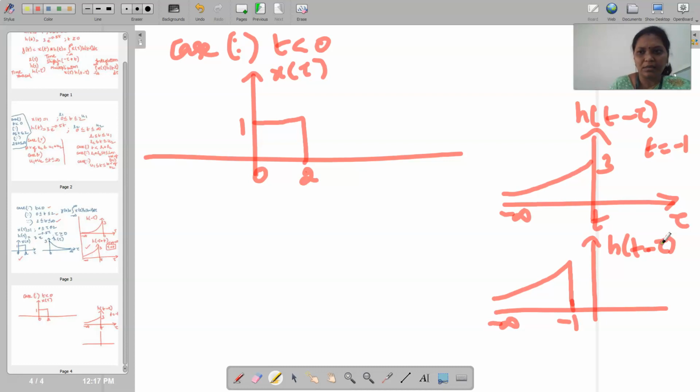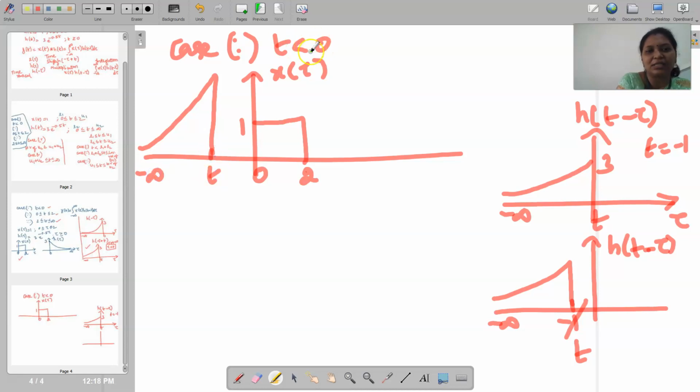Okay. You can consider minus 2, minus 3, minus 4, any value, but anyway we need to know that it is going to be there in the signal which is left shifted, right. So, you should have somewhere here, you will have the signal somewhere here like this. Okay. It is not necessary you should take minus 1, you can take minus 2 also, minus 3 also, somewhere here you will have h of t minus tau. Okay. So, actually it is not minus 1, okay, as in the diagram it is actually t. Okay. So, when you convolute, when you multiply these 2 diagrams, okay, you have to draw like this, it is minus infinity to t.